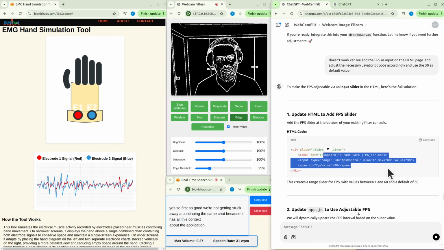That makes sense. Okay, we have the mirror video and we have the FPS range. By the way, if you want me to talk about any of the other tools on the website, do let me know. It's nice when the robot is generating the entire code.